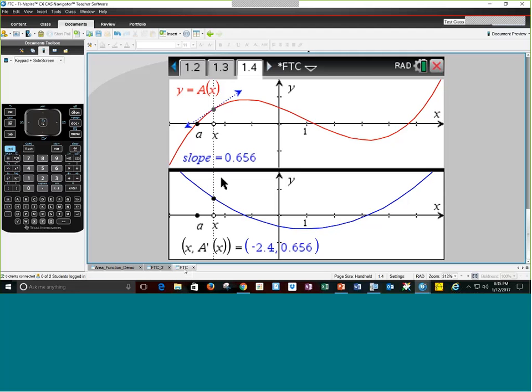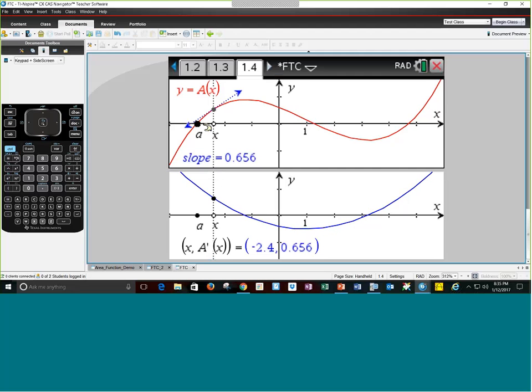Oh, one thing that is nice, if we can go back to that, I thought of one more thing. If you grab the point A on the top and we move it, like earlier we grabbed A and moved it, well, nothing's happening to our function on the bottom. Earlier, when Vicki grabbed A, it moved it up and down. And you're like, well, what's going on here? Well, the blue graph is the derivative, and the red graph is our accumulation. So trying to further get that point across to the students. Great.